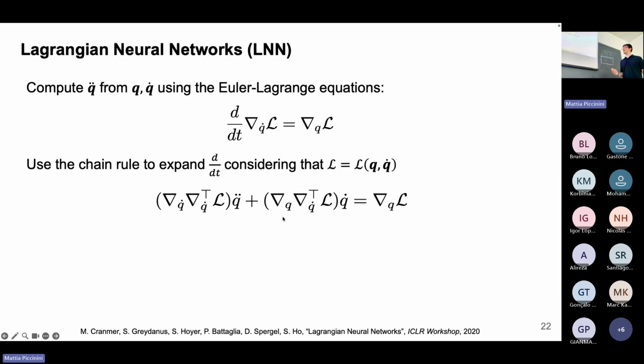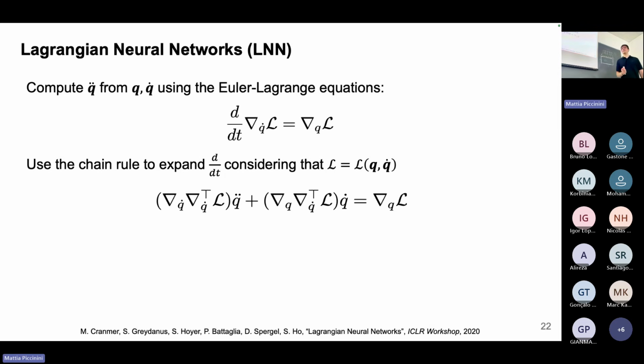And this is the second term, a partial derivative with respect to q dot, nabla q dot, times the original term, times the derivative of q dot with respect to time, so q double dot. It's simply applying the chain rule to expand this term. This is the term with respect to q, this is the derivative with respect to q dot. Nothing strange,